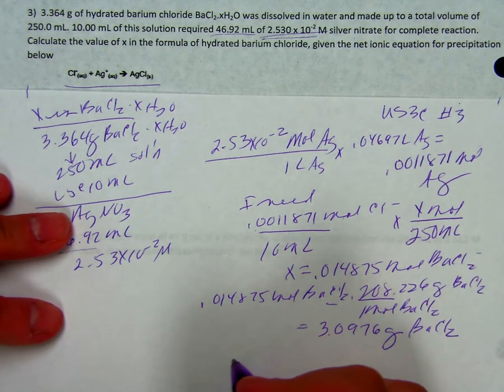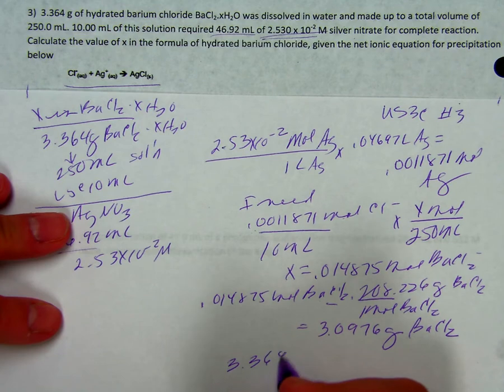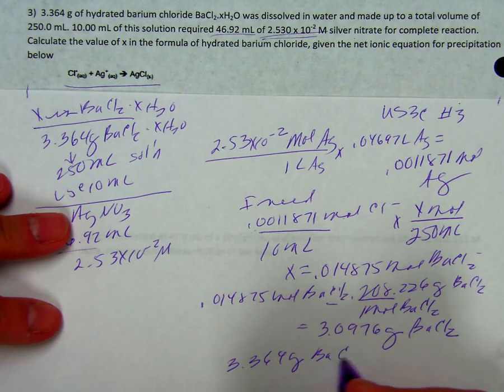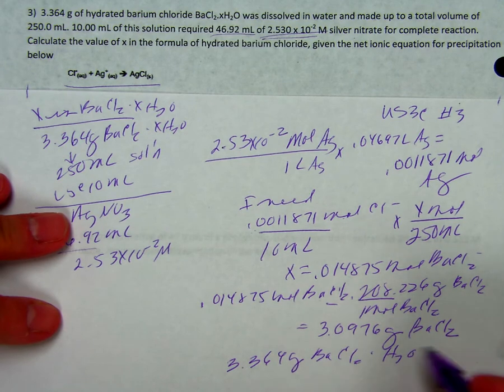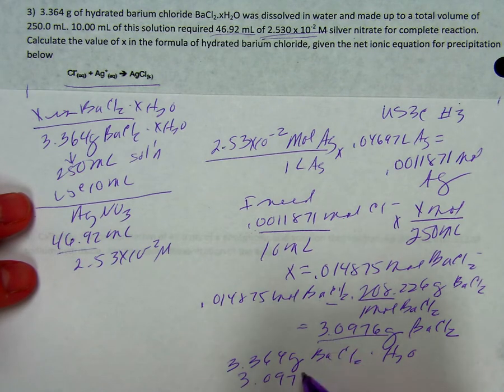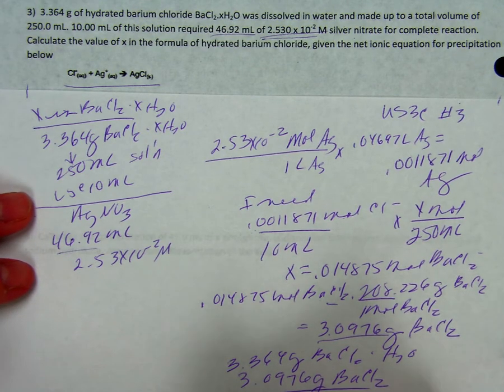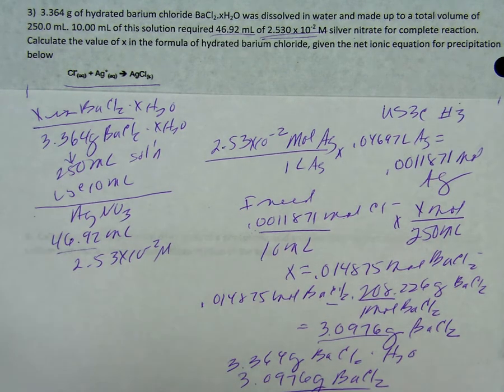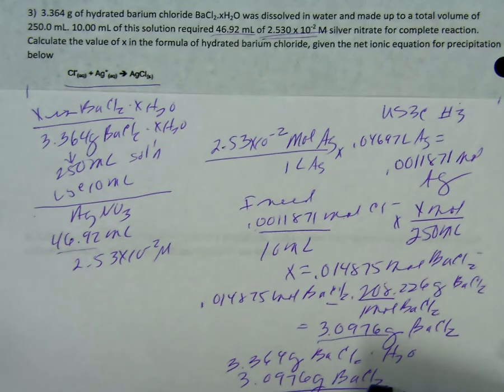Alright, but I have 3.364 grams of barium chloride hydrate that I start with, right? If I only need 3.0976 grams of barium chloride, then what I have left, let me see, I think I punched that wrong, is